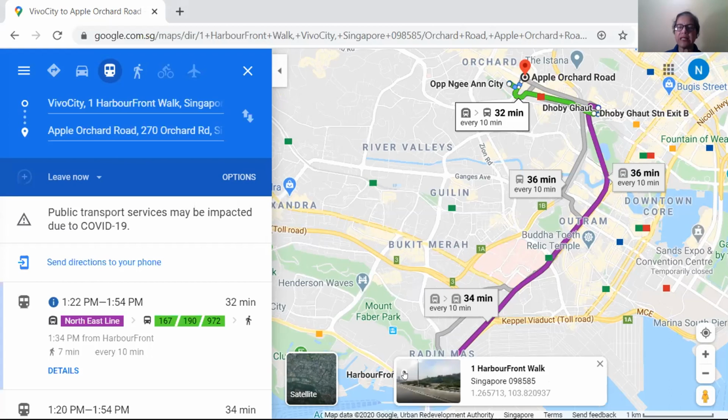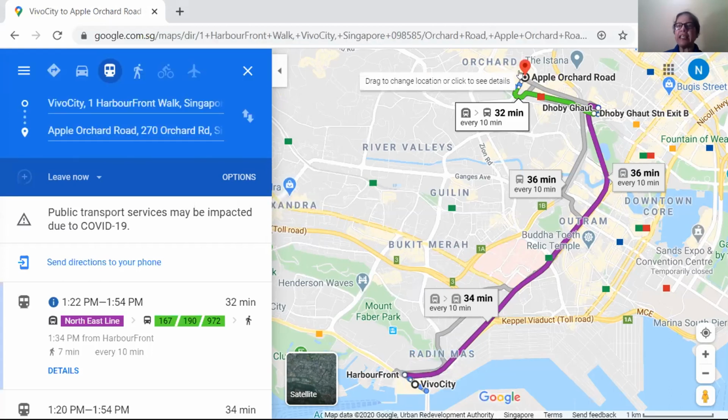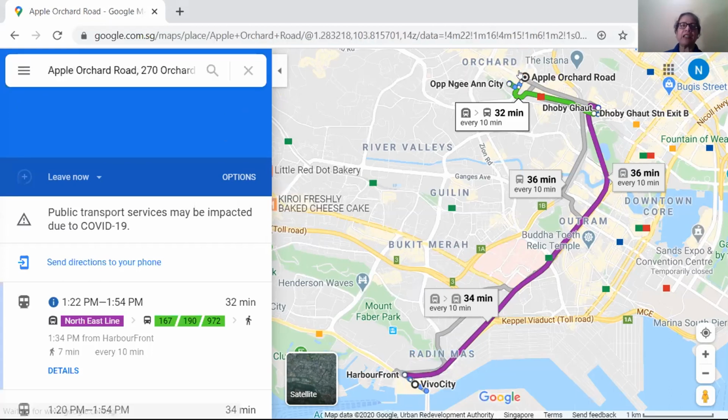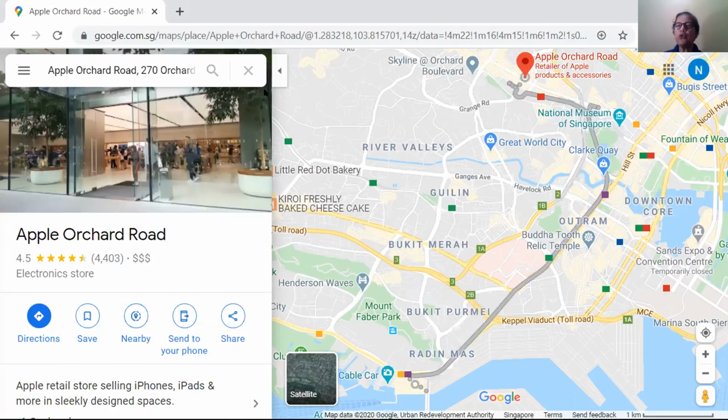So if you press here, they even give you the address, and if you press here, they not only give you the address, you know how you can even get from here to here through the routing given. Okay, so just for your information, it is very easy. You cannot say, I don't even know where it is, because over here you can see Apple Orchard Road. They even show you the frontal part of the shop